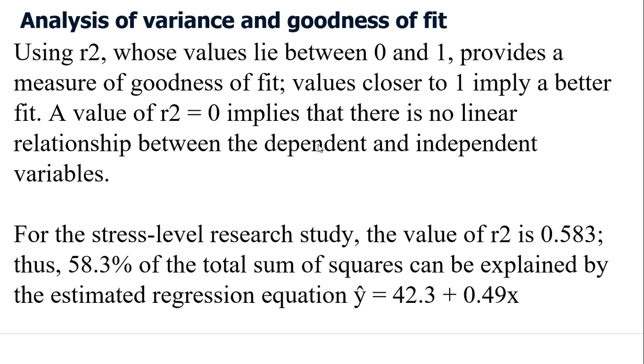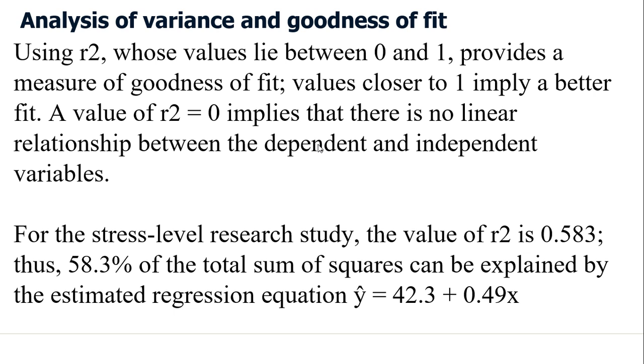So for the stress level research study that we just talked about, that university study, the value of R squared is what? 0.583, which in percentage is 58.3%. So 58.3% of the total sum of squares can be explained by the